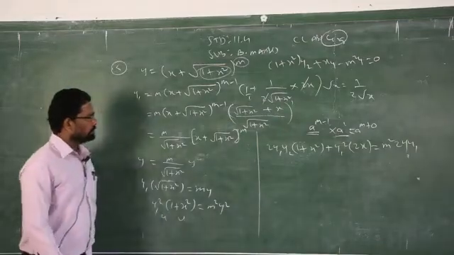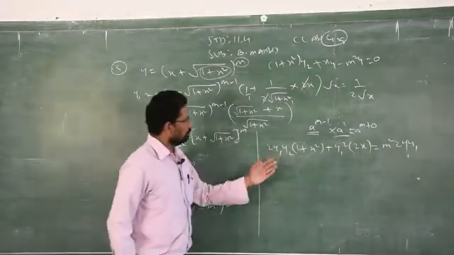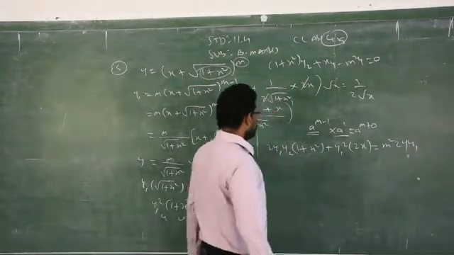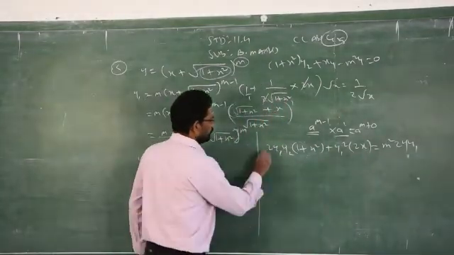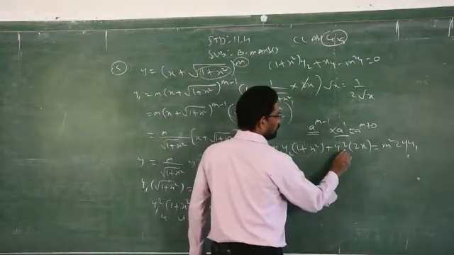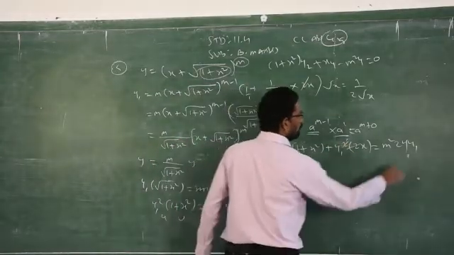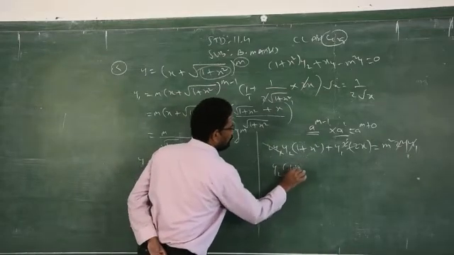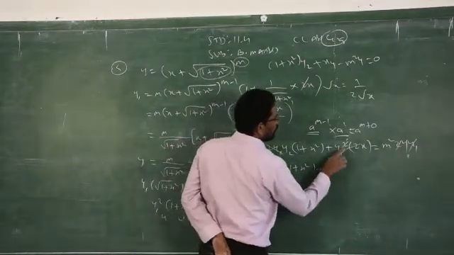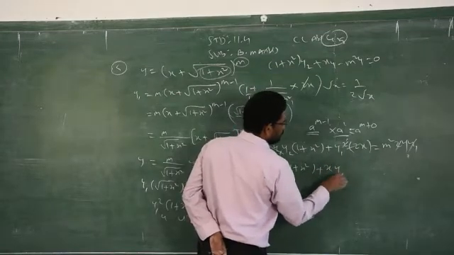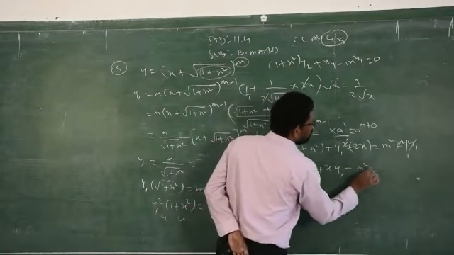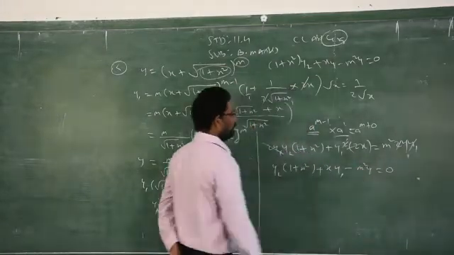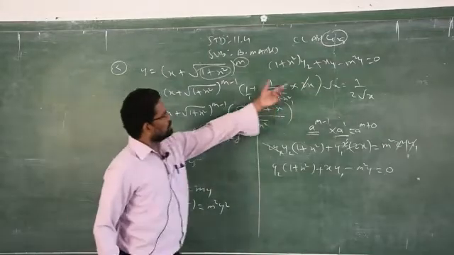Clear? Now, you see what is the common factor in the terms on the left side and the one term on the right side. 2y1 is common. In 2y1, y1 square, the 2 and 1 will get cancelled, and 2y gets cancelled. So what is the remainder? y2 times 1 plus x square, plus x y1, equals minus m square y. When you transfer m square y to the left side, it becomes minus m square y. That is the required answer.